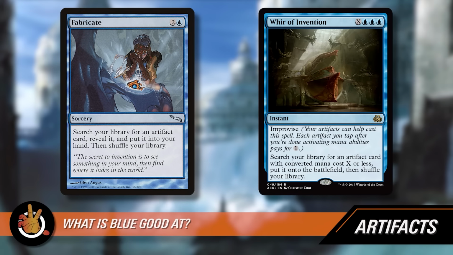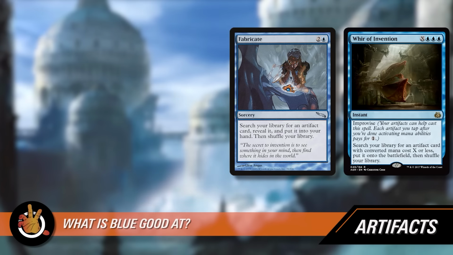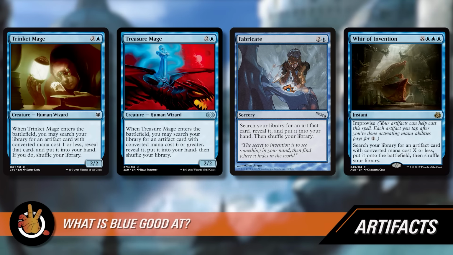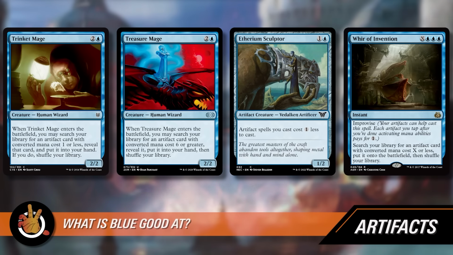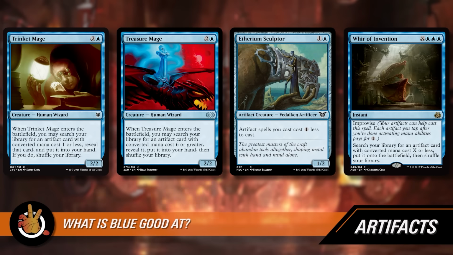They're good at affecting them, untapping and making them cost less. And they can tutor for them too. So red can do it, but also blue has Fabricate and Whir of Invention. All of the mages, Trinket Mage, Treasure Mage, all of those blue creatures. It can make artifacts cost less with stuff like Ethereum Sculptor, or it can use the artifacts to make mana